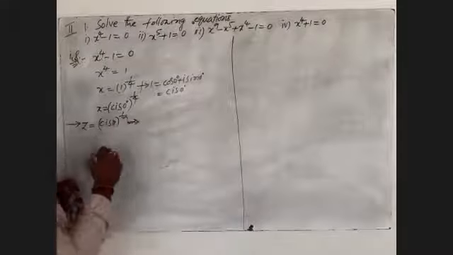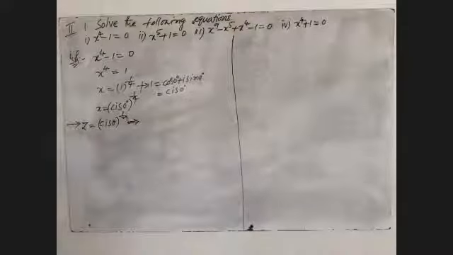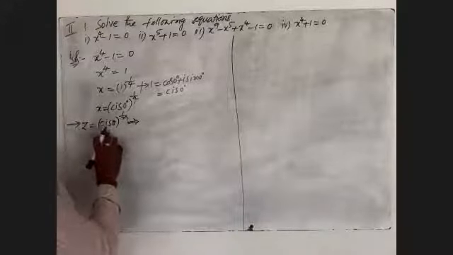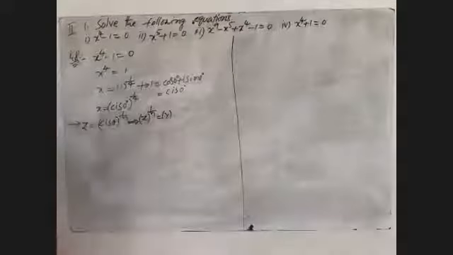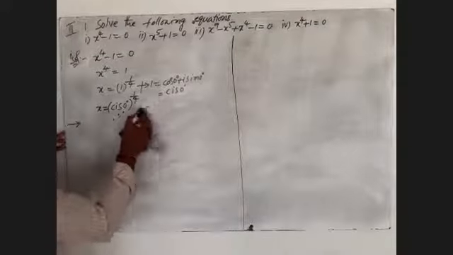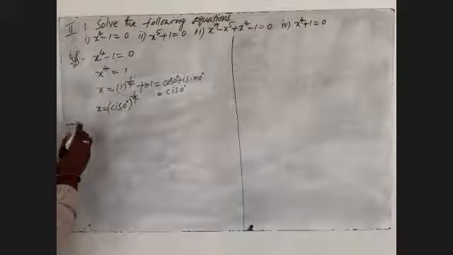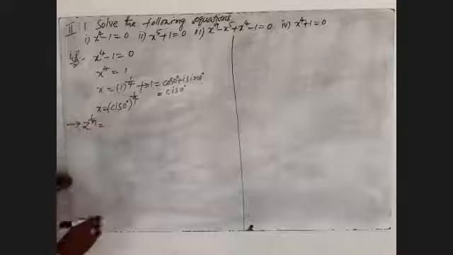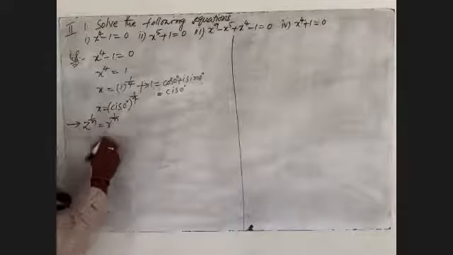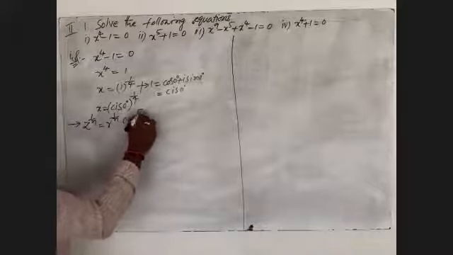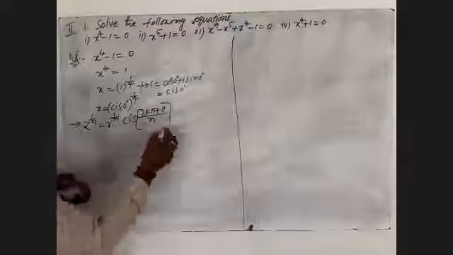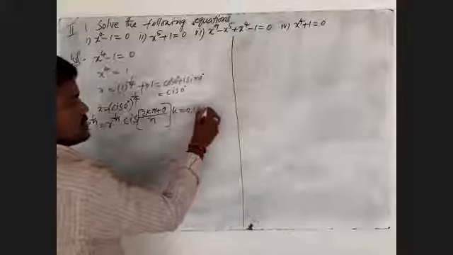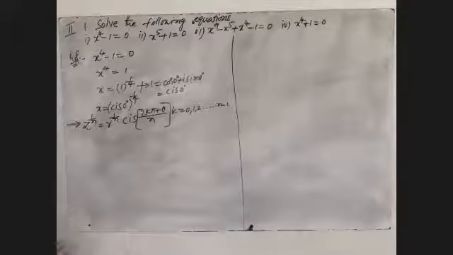Then what do I have to write in this given one? z is equal to cis of theta whole power n, then cis of theta is nothing but z power 1 by n. I will write the direct formula: z power 1 by n is nothing but r power 1 by n into cis of (2k pi plus theta) by n, where k is equal to 0, 1, 2 and so on up to n minus 1. This is the given formula.